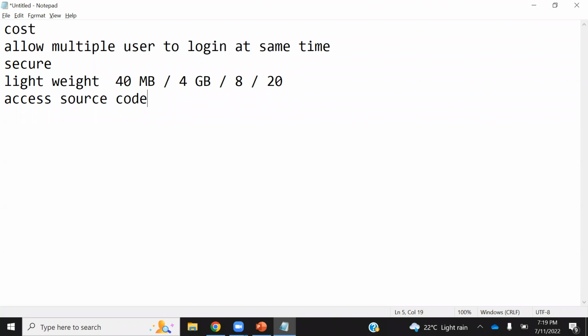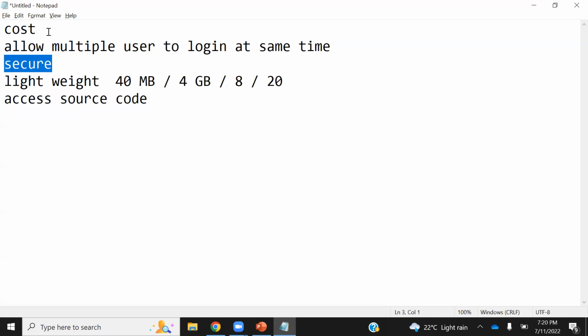If you're using a Mi phone, it will come with its own features. So if you have Mi Pay or anything you want to uninstall, it will not allow you to uninstall because it is inbuilt. But here, they give you access to the source code. You can anytime go and change the source code. If you don't want something, let it go. If you want something, add it. So you can customize it as per your requirement.